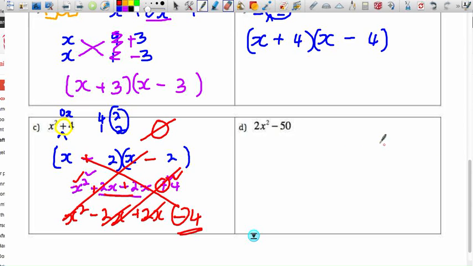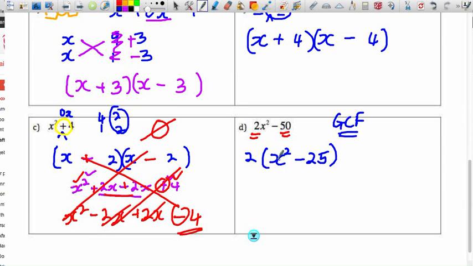Okay, and if we look at example D, we appear to have a question which is not factorable. Again, the reason for this is that 2 and 50 are not perfect squares, but this is an example of a combined factoring sum, and so what we're going to do to begin with is remove a GCF. And so in this case, if we were to remove 2, we would be left with x squared minus 25,